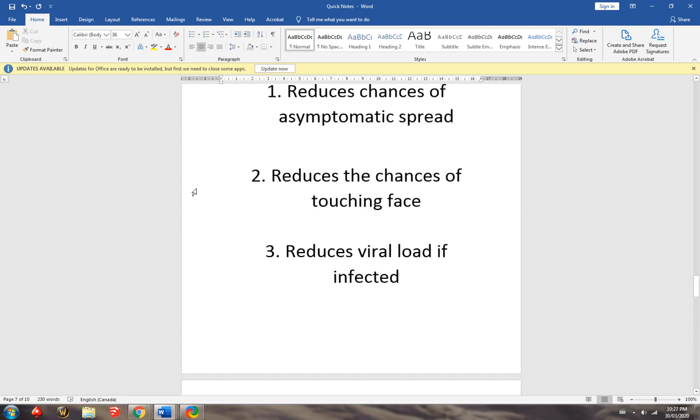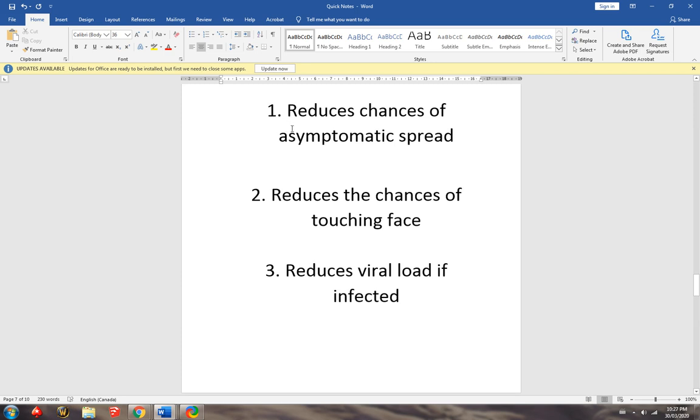Number one, it reduces asymptomatic spread. We have to worry about this now. So the sane way to deal with a virus that has asymptomatic spread is to always assume that you have it. You always assume that you have it and you don't want to spread it. Therefore, you have the rules for how you go about doing that. You know that the spread is through a cough or a sneeze. Therefore, wear a mask.